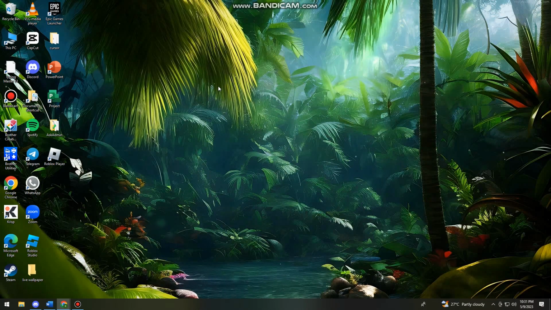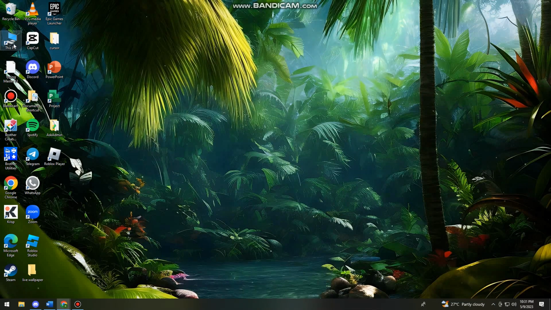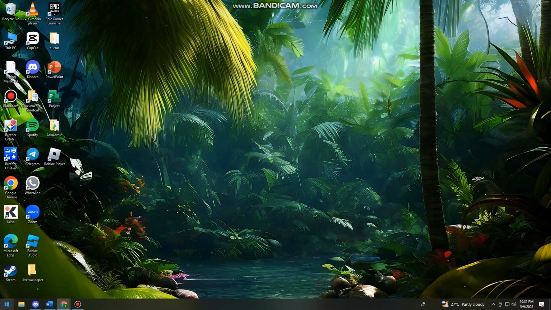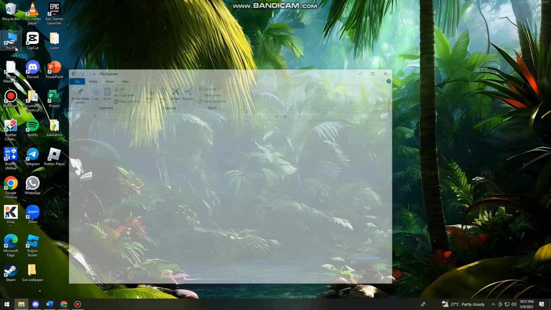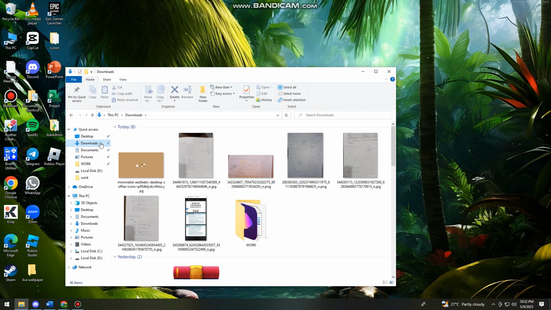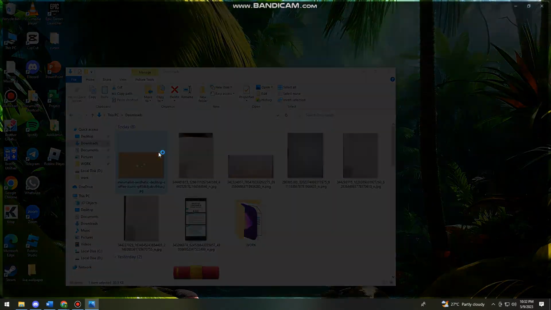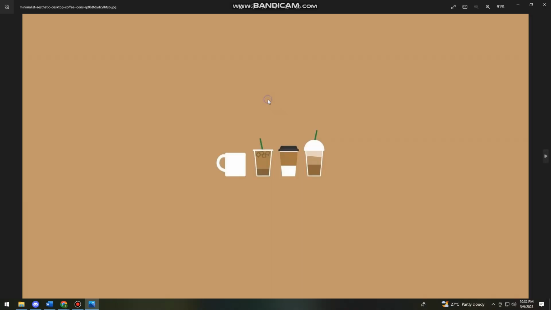So now exit your browser and open this PC or the file explorer. Click on the location where you put your image earlier, right here. So now just go ahead and you can just simply right click on the image,